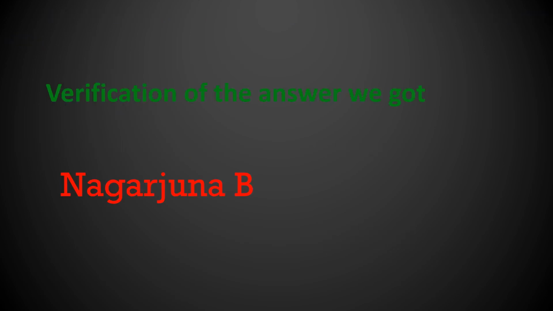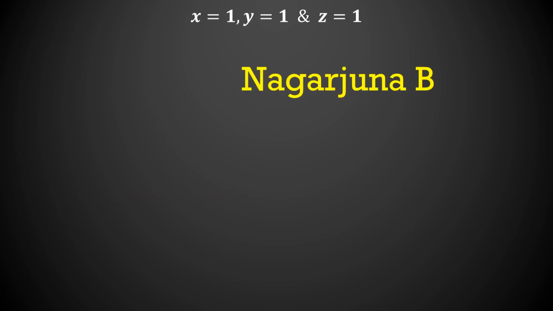Now we can do the verification of these answers for the purpose of cross verifying whether we have got a correct answer. The x value is 1, y value is 1 and z value is 1, which we have got by using the Jacobi iteration method. Consider the first equation, 10x plus y plus z is equal to 12. Consider the LHS, that is, the left hand side of the equation, 10x plus y plus z.